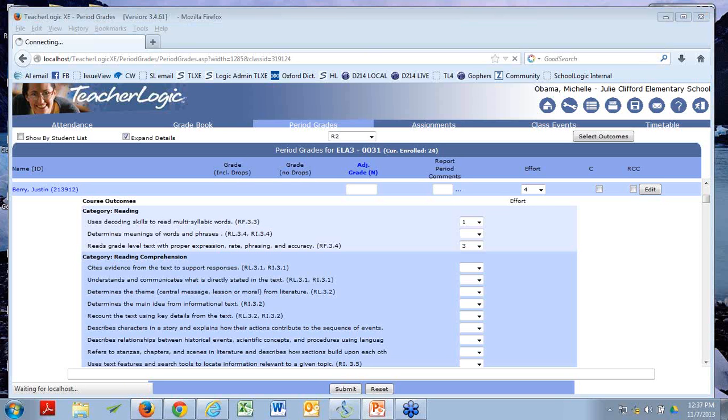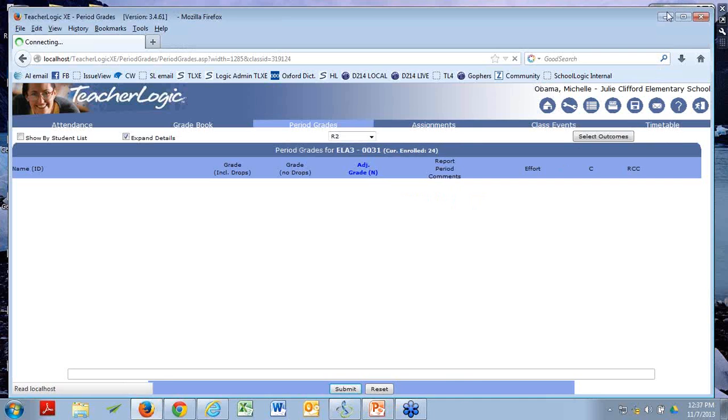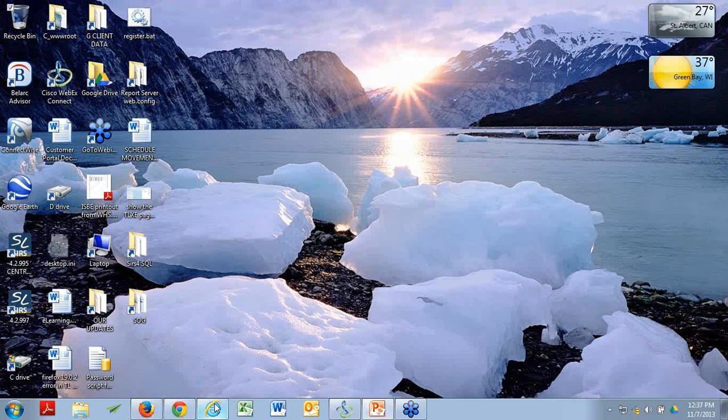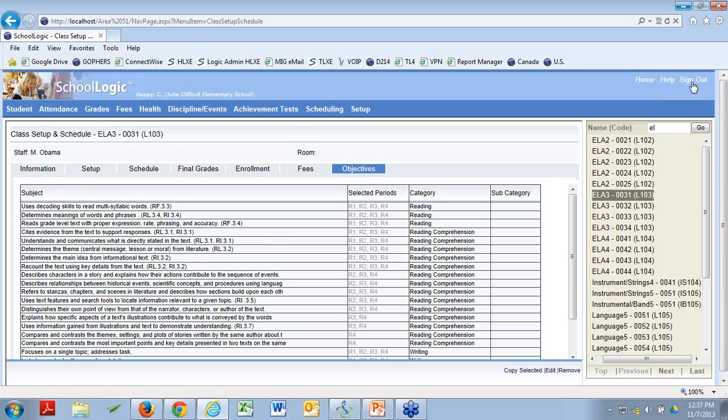And I'm just waiting for the happy little message. The teacher, after she or he clicks Submit, actually gets a happy little message. It looks exactly like this, that says, grades have been submitted successfully. We're going to go over to SchoolLogic, and we need to be in